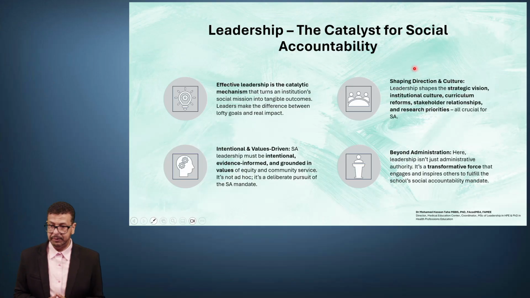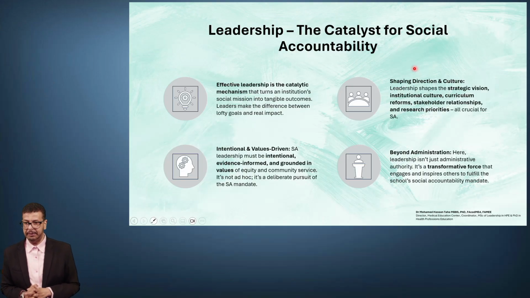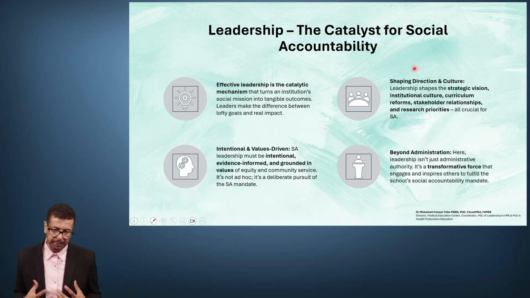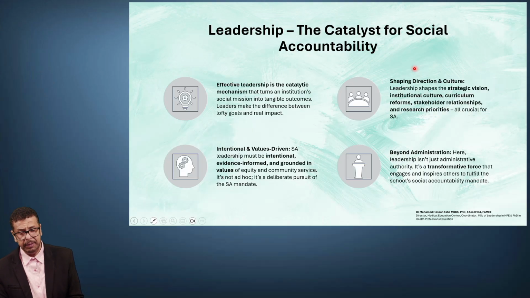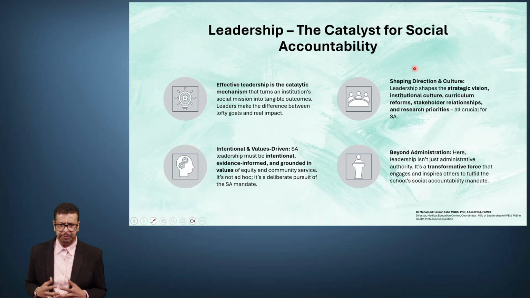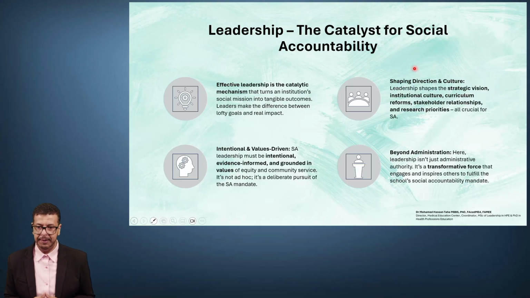Social accountability leadership must be intentional, evidence-informed, and grounded in values for leadership development and training. We should have a change in our mindset beyond administration. Here, leadership isn't just administrative authority: chancellor, dean, vice dean, chair of the department, director of centers, and so on. No, it is a transformative force